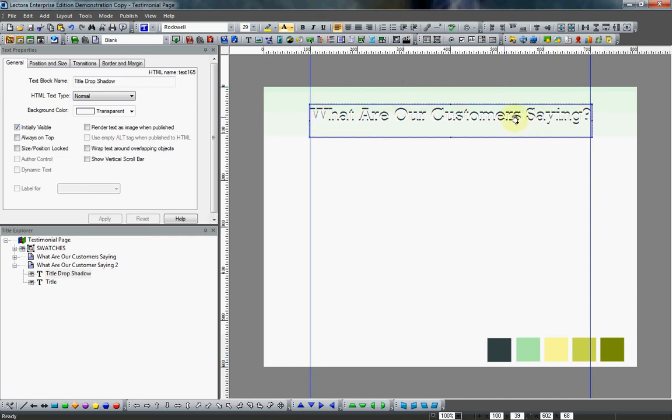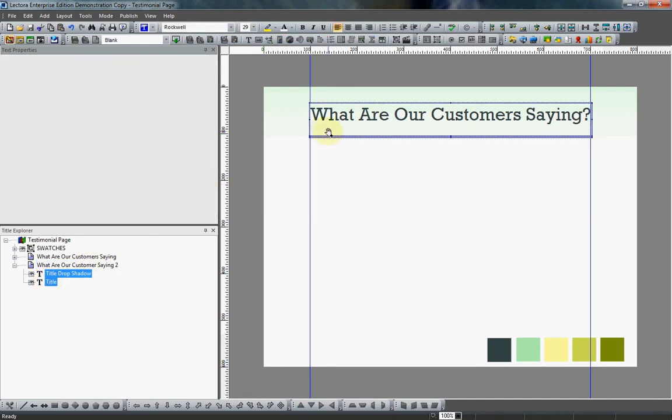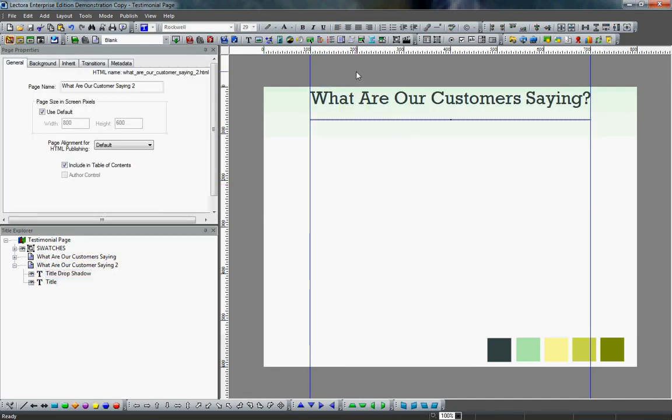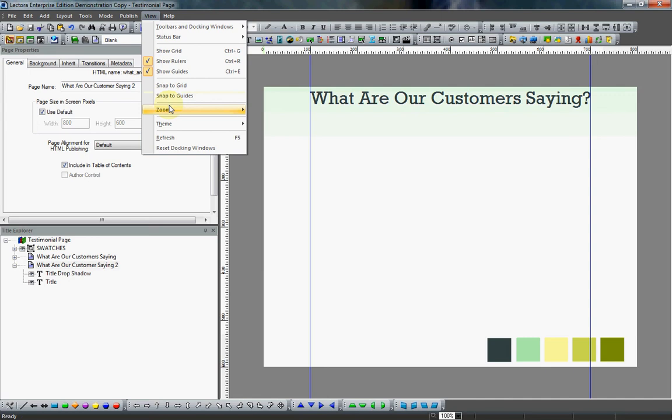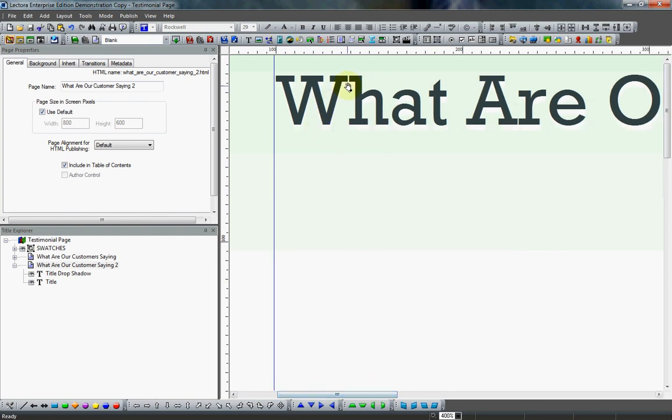Now it looks like my text is all changed to white, but that's just because I have this one selected. This is what it looks like, and if we zoom in now, and I'm going to bump it up just for emphasis into this green here so you can really see. If I zoom in all the way, what you can see is happening is my text almost has this 3D effect going on,